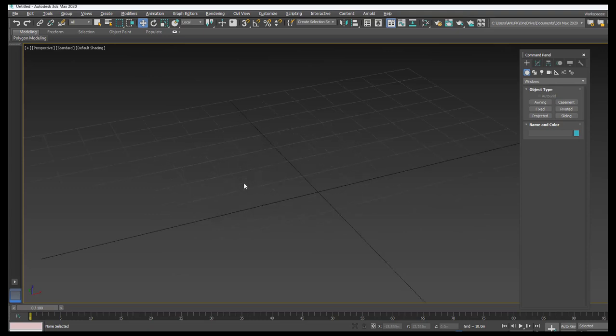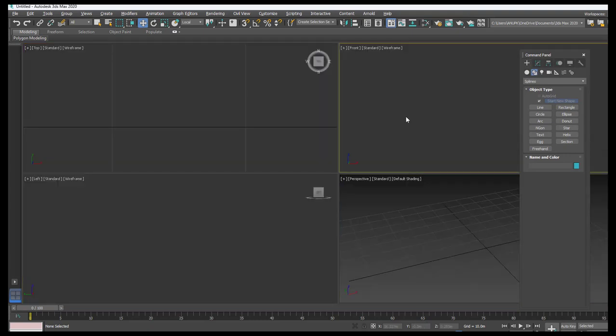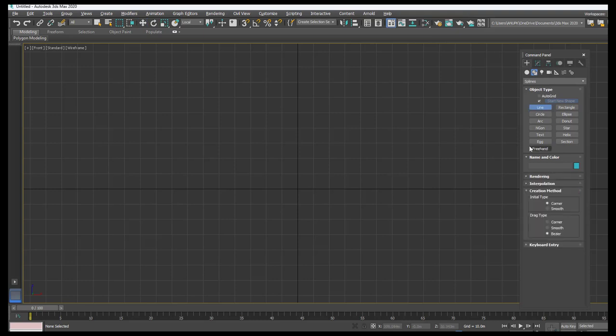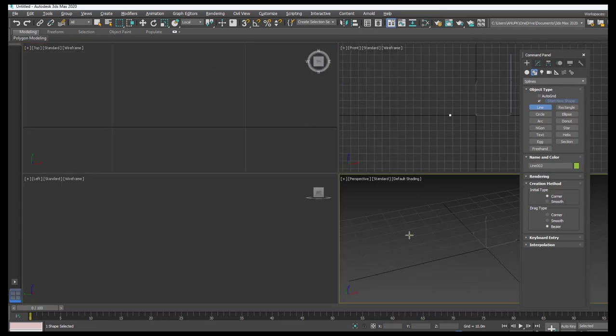The last command is loft. For loft we should have the path and then the shape. We already learned about the shape. So click on the shape option. I just switch the view to top or front, and then zoom with Z, and then take the line command. You can go with any path shape. To get the line straight I just press Shift and draw it like this, and then come to the 3D view, Alt W.